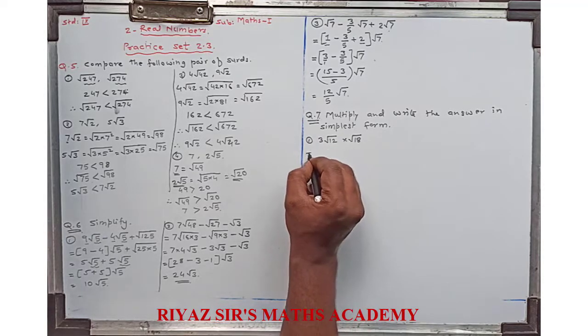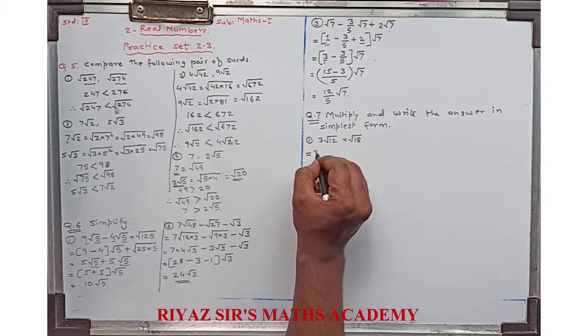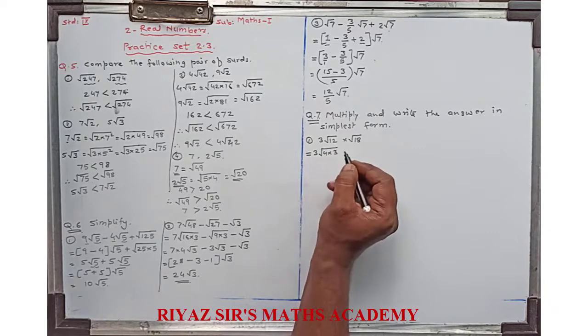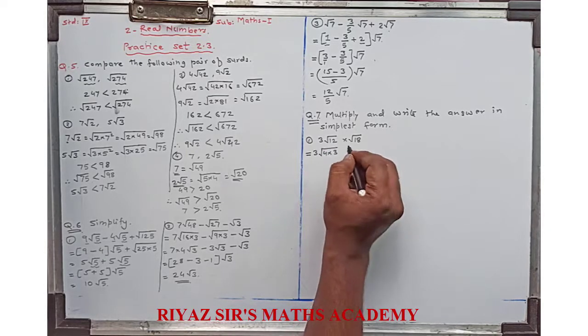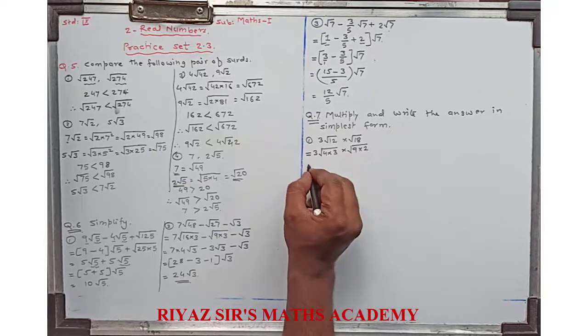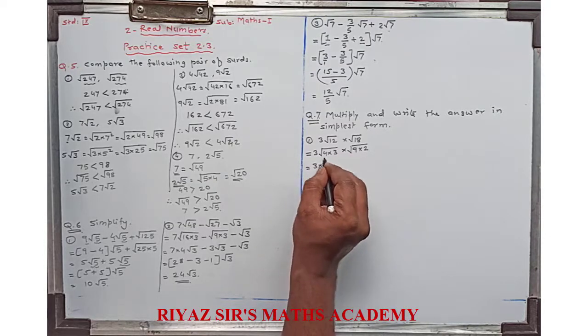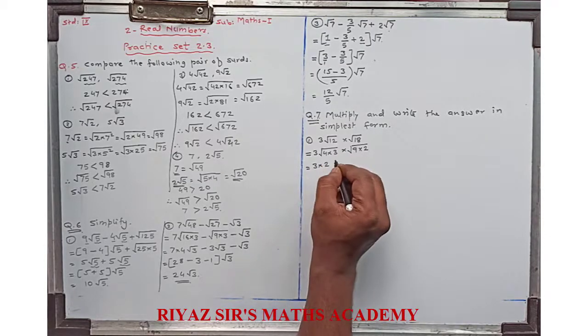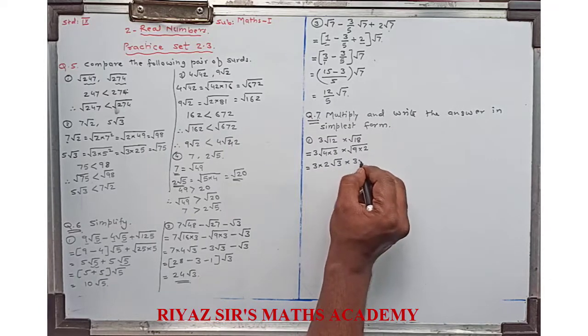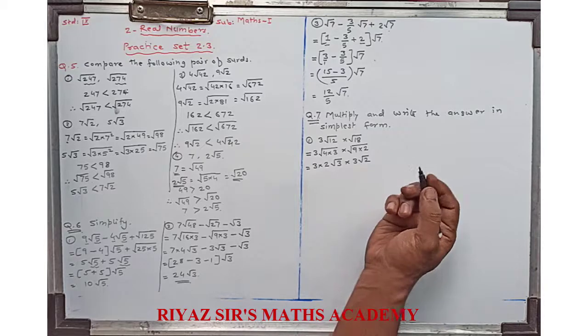So we write this 3 root 12 as 3 into the square root of 12. Find the factors for 12 so that one factor is a perfect square. Those factors are 4 3s are 12, and 4 is a perfect square. Similarly, find the factors for 18 as 9 2s are 18. That is equal to 3 into square root of 4, square root of 4 is 2, into root 3 into square root of 9 is 3 root 2.